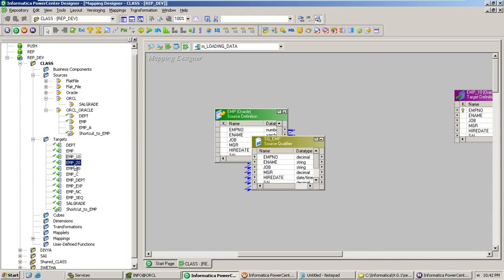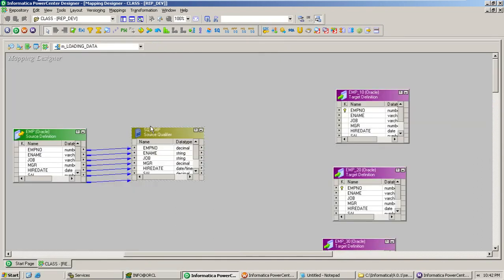The first thing you need to do is generate the sequential number. I can do it at the source qualifier level itself, but I just want to show you how we can generate the sequential number by using the expression. It's nothing but using the variable in the expression, correct?